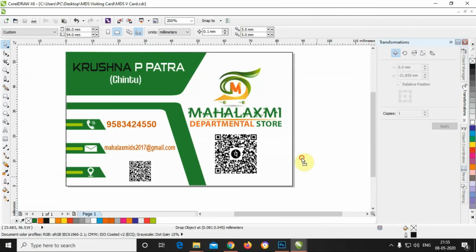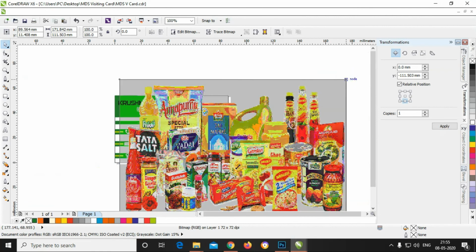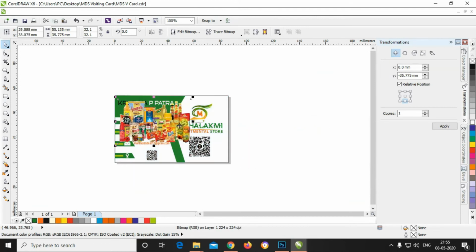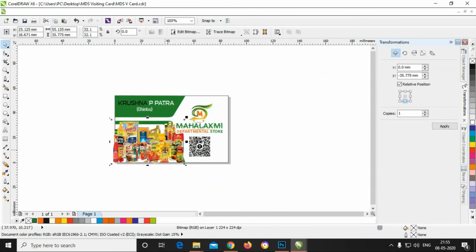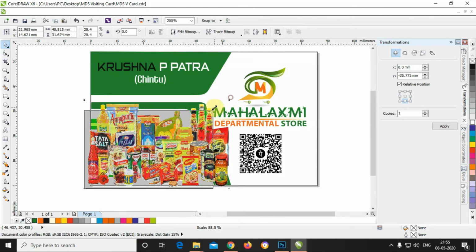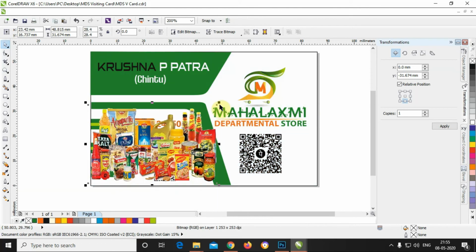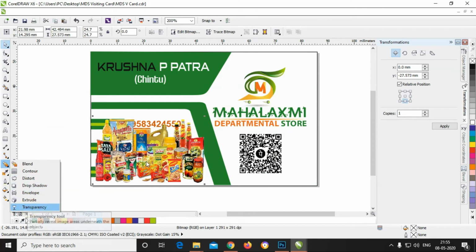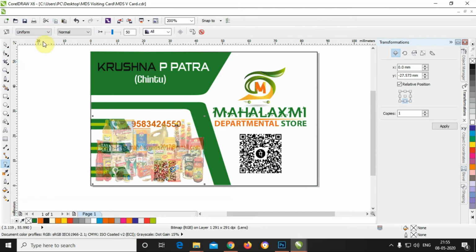I just want to have a picture of a grocery store, as it's a grocery store, so I want to have some grocery items in the visiting card also with a faded look that will not be clearly visible, that is used as a watermark. So I'm going to make it transparent and put the value to 85 to 90, a little better, yes, and put this one